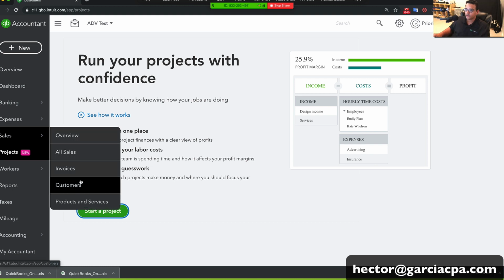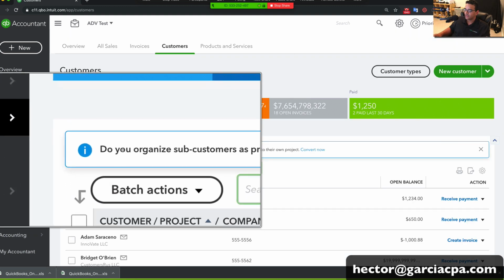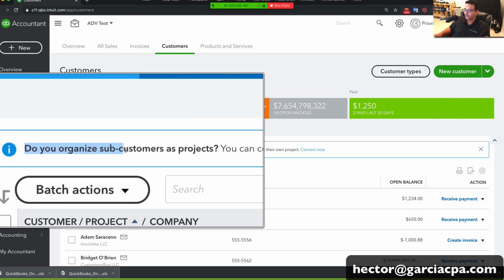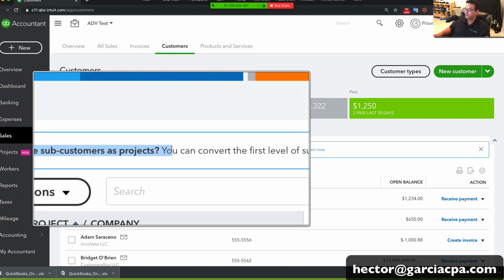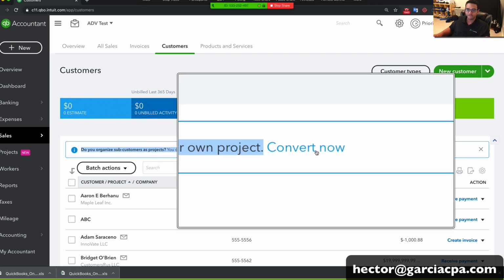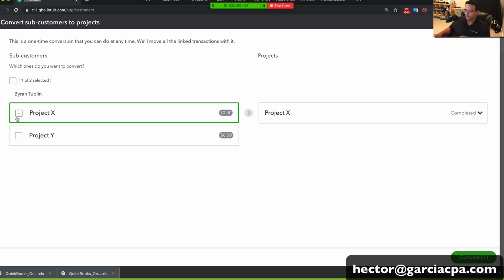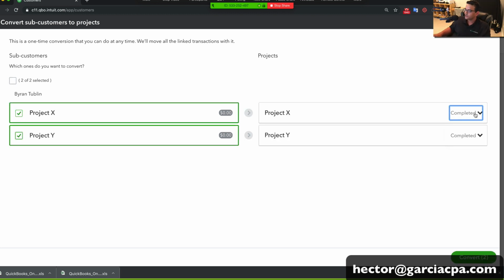So when I import customers with sub-customers, they added this really cool tool called, do you organize sub-customers as projects? If so, you can convert them by clicking on this button. So it's awesome. So we click on that convert now button. Then it's going to give you a list of all your sub-customers. I can pick them all. Then I can choose whether the job is in progress or completed. I'm going to add them both to in progress. That way they get added to my active project list. And then I go to convert